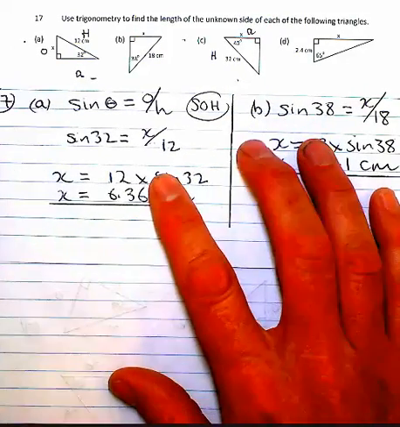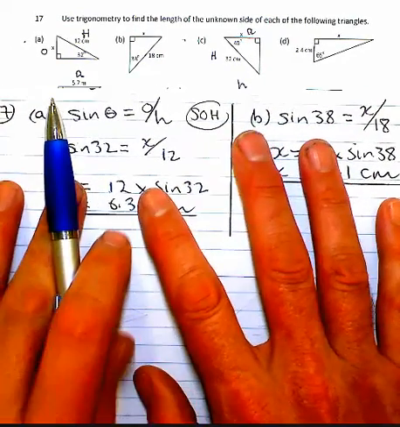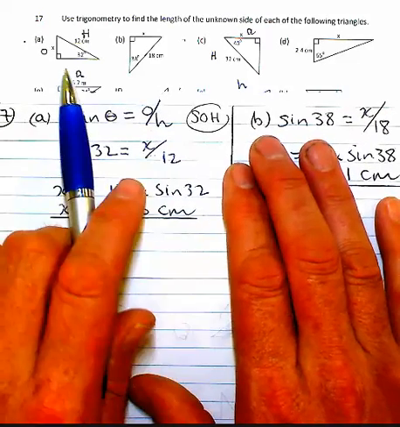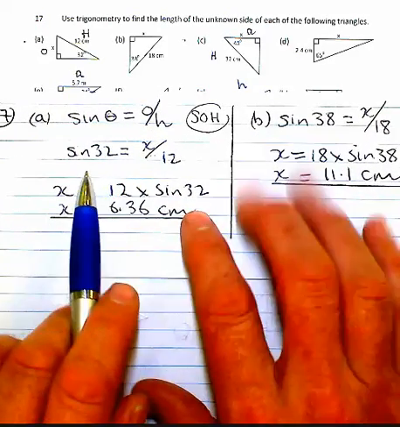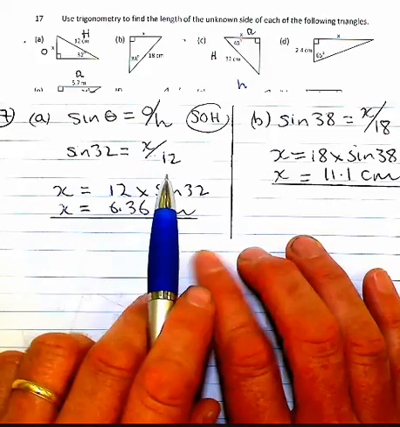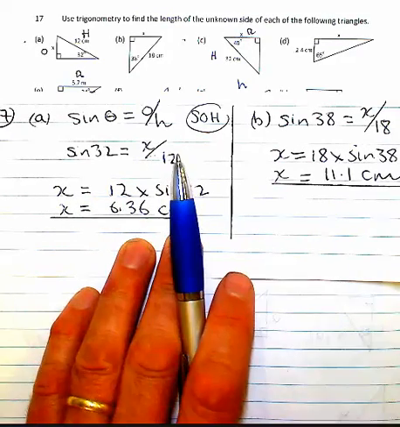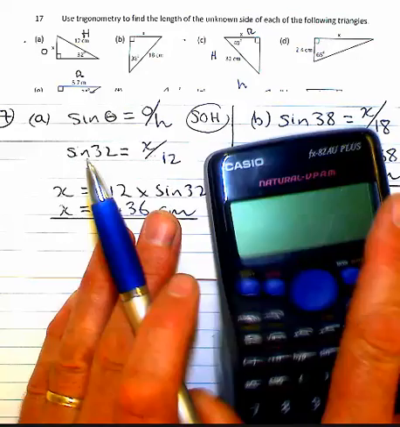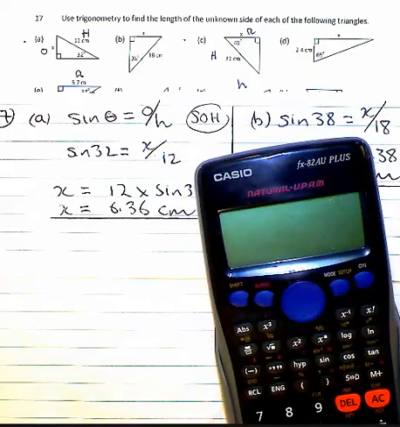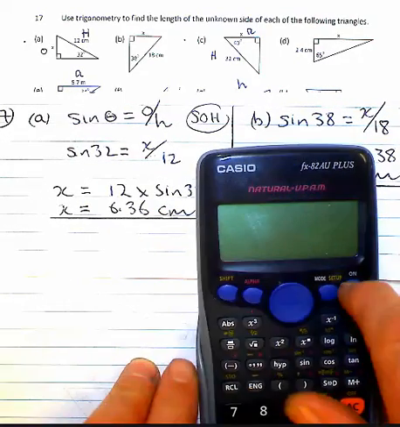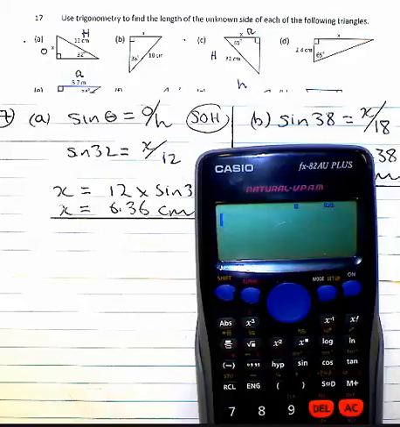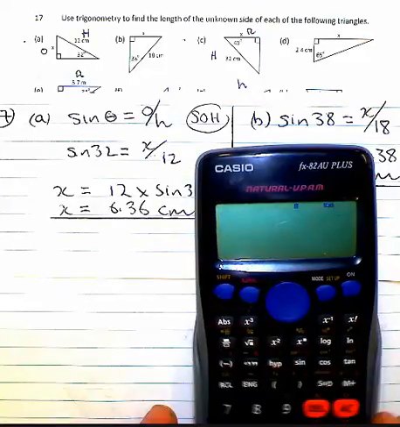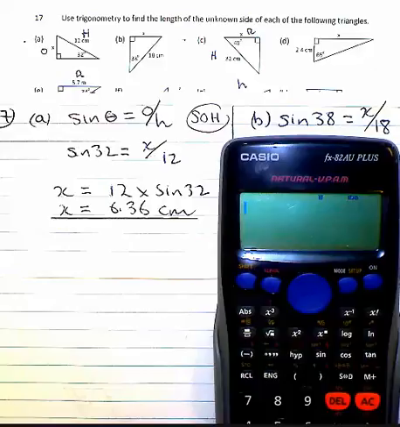In 17a, sine theta is equal to the opposite over the hypotenuse. I don't know the adjacent side, so I'm not going to make use of it. So sine of 32 is equal to x over 12. Now when you tackle that on your calculator, I've just got a scientific calculator here, make sure that when you're using your calculator, the D or the degree sign is on. And working that through, just showing you on this little calculator,